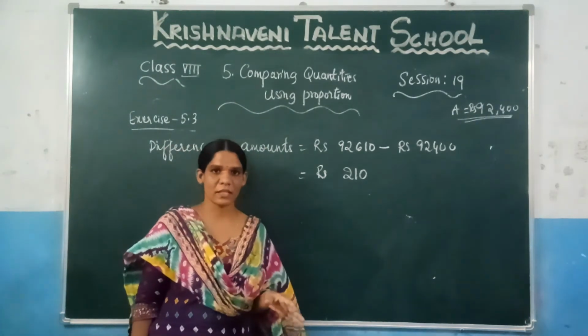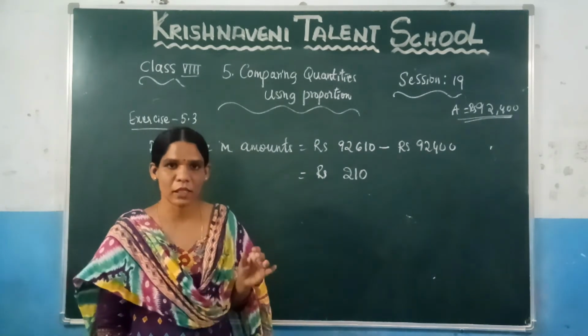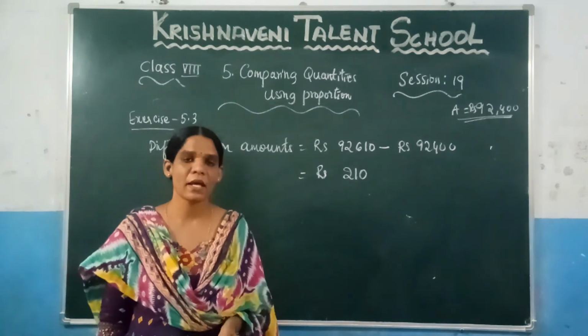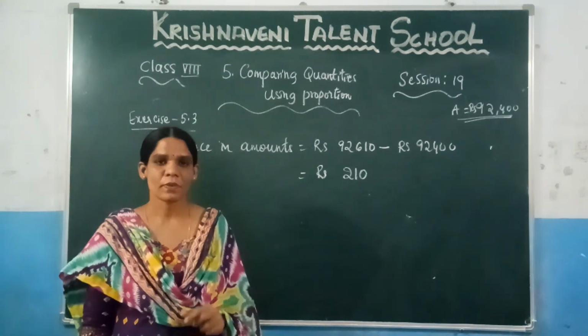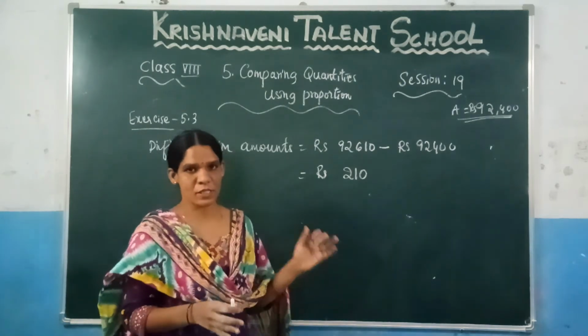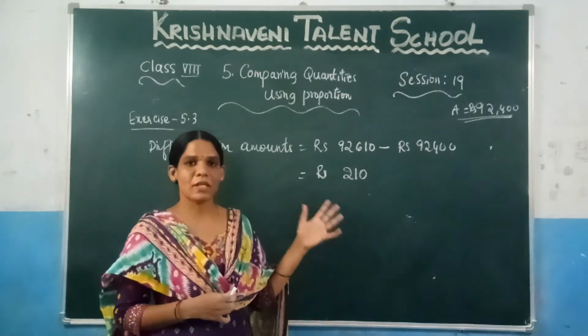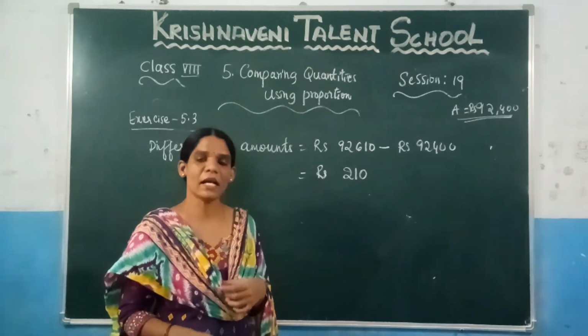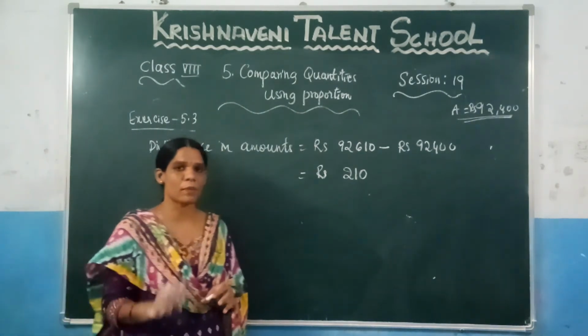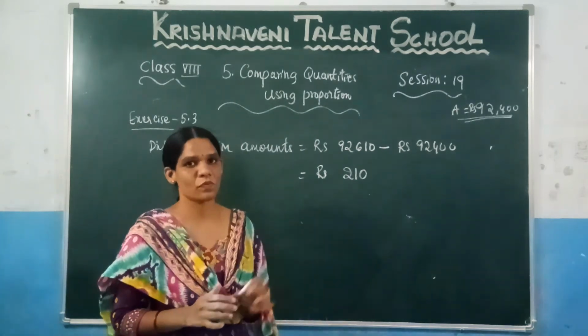So what is the question they have given here? Arif took a loan of 80,000 rupees at a rate of 10% per annum for a time period of 1.5 years. And you need to calculate the amount for the same principal, rate and time if the interest is compounded annually and if the interest is compounded half yearly, so that you will get two amounts and you need to take the difference of these two amounts.